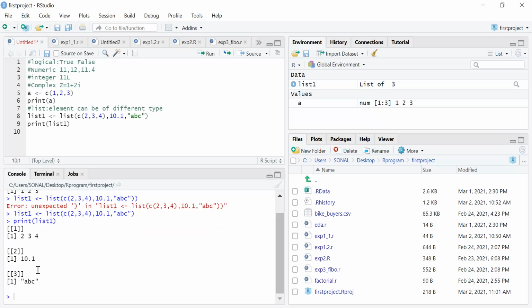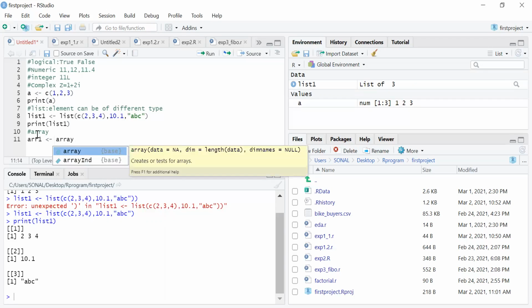Another thing that we can see is an array. If I want to create an array, say arr1, the keyword is array that you have to use.